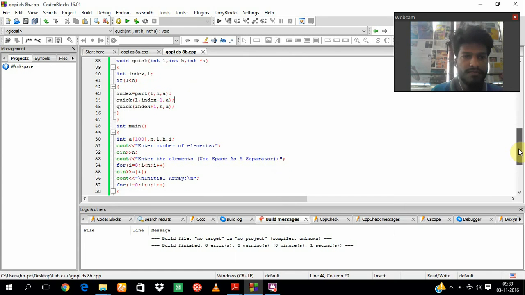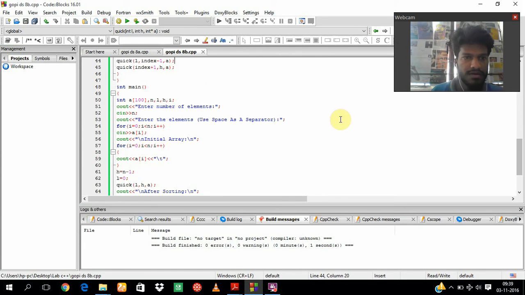and created a main function as int main, with an array of variables like a of 100 for the size, and n, l, h, i. For entering the elements, I created enter the number of elements, and cin n, and enter the number of elements. Use a space as a separator, and also